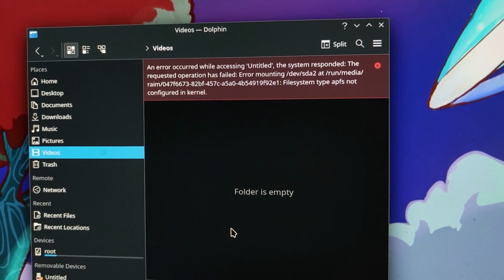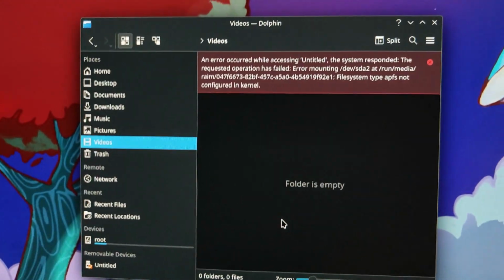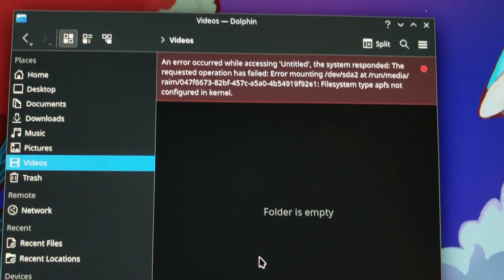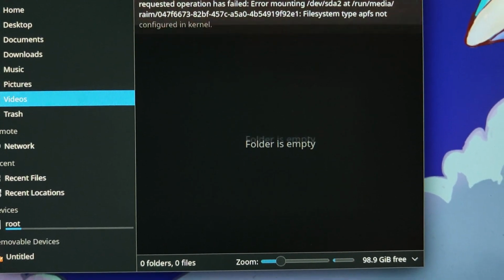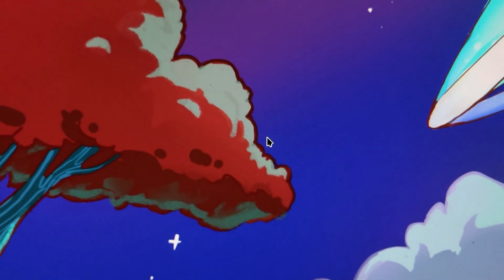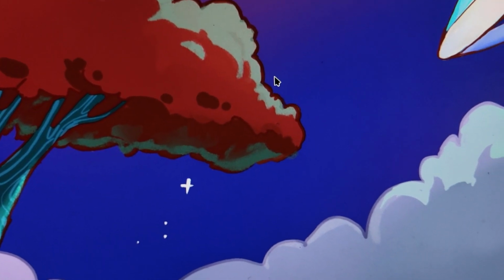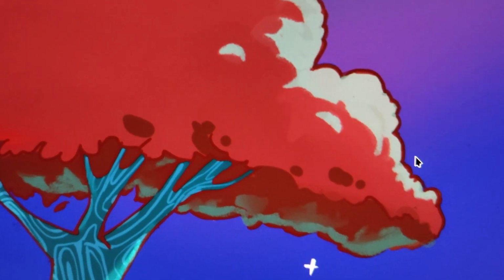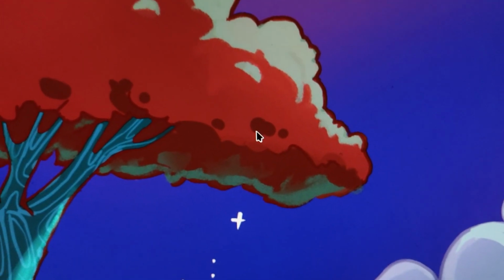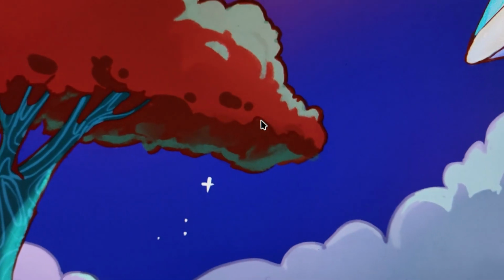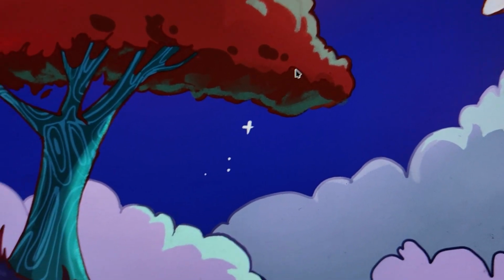It had a Mac OS system installed on it previously, so we gotta sort that right now. The problem is, I can't get anything off. If I try and mount the file system, we can't. The problem is I do not have a partition manager installed on this system. So